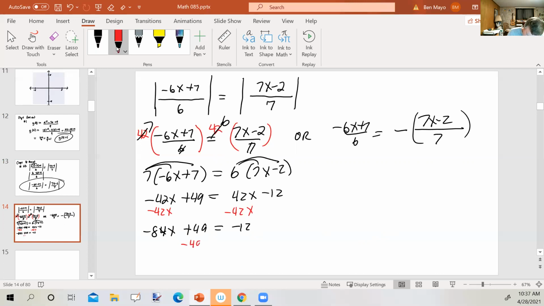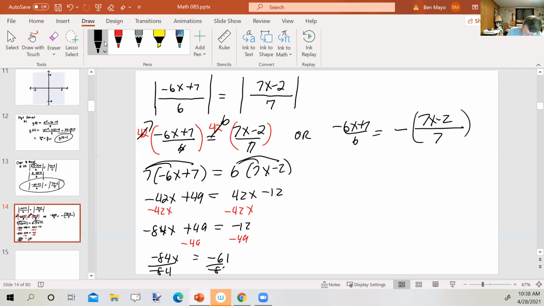Then I'll subtract 49 from both sides. Negative 84x equals, that would be negative 61. Then I'm going to divide both sides by negative 84, so I get x equals 61 over 84. So there is my first